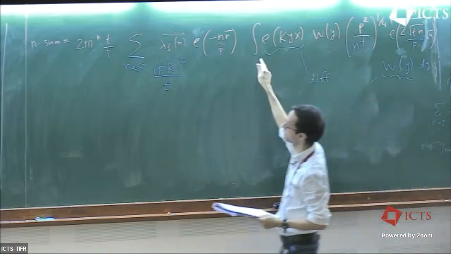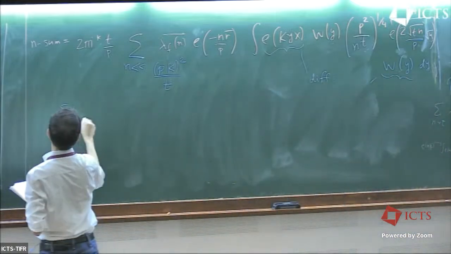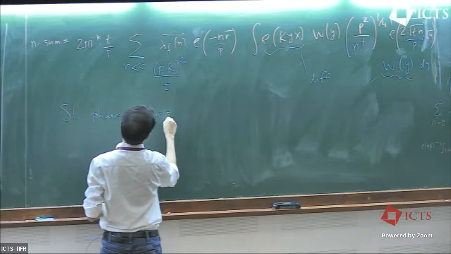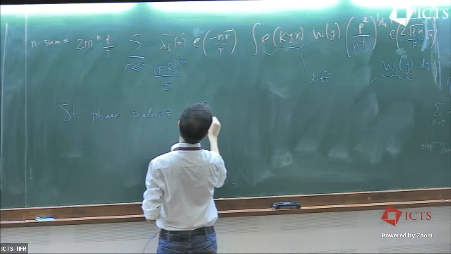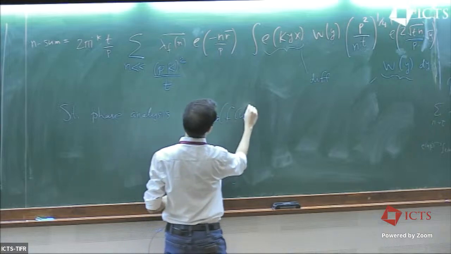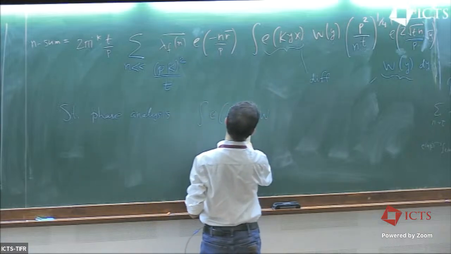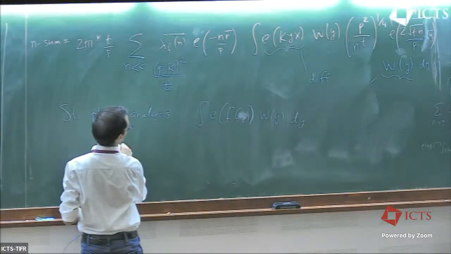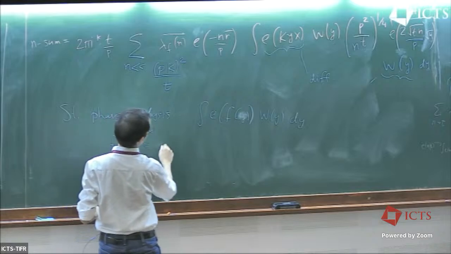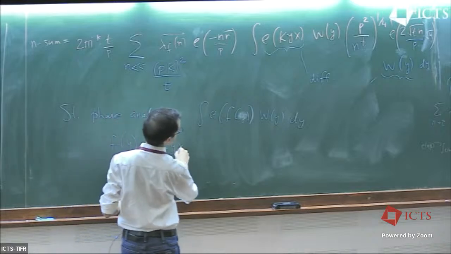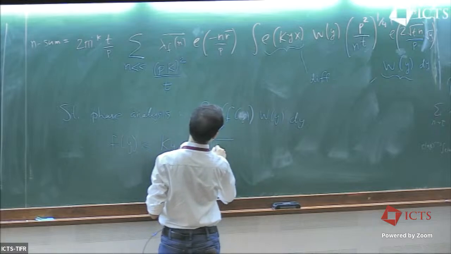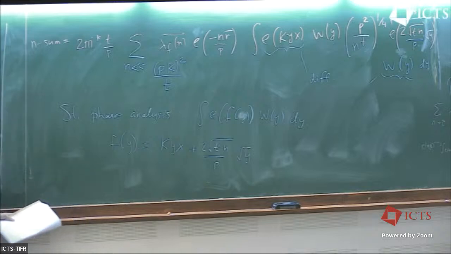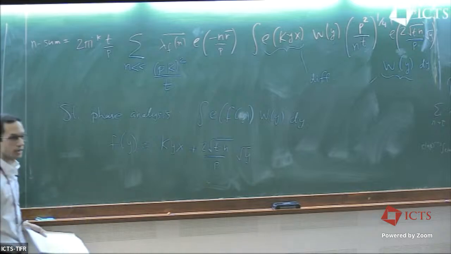So if you do the stationary phase analysis of this integral, let's maybe write this as E of fy, wy, dy. Then the function f of y that you have is kyx plus 2 square root tn over p times square root y. And again, you can differentiate,